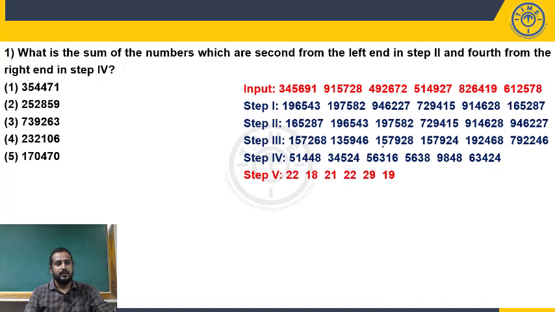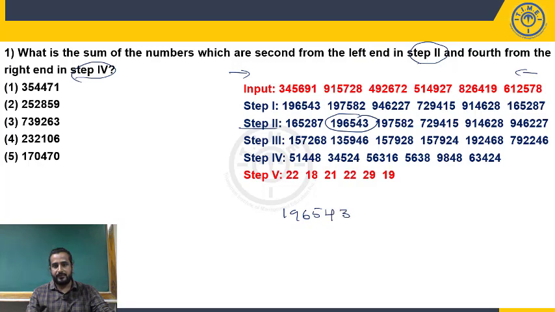Now answer the questions. What is the sum of the numbers which are second from the left hand in step 2 and fourth from the right hand in step 4? Okay. What is second from the left hand in step 2? Left hand means this side, right hand means this side. Second from the left hand in step 2. Go to step 2, second from the left hand. That is